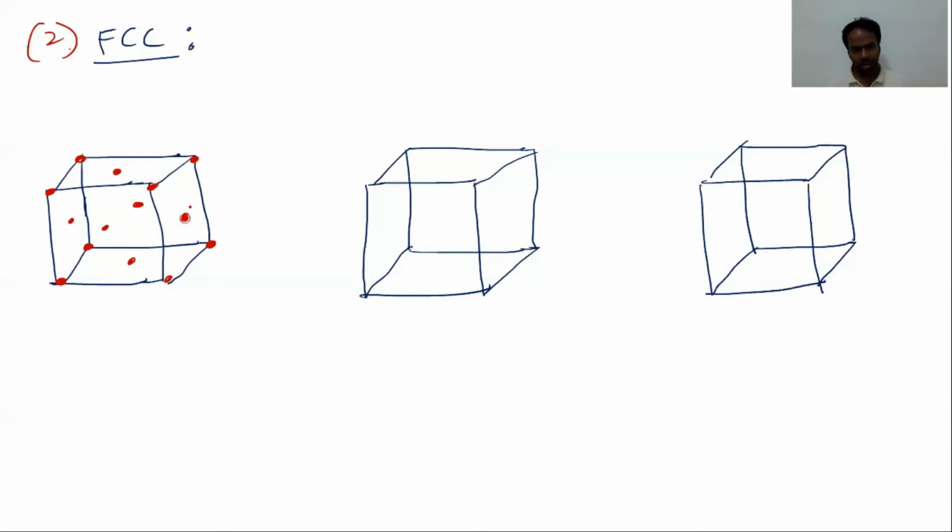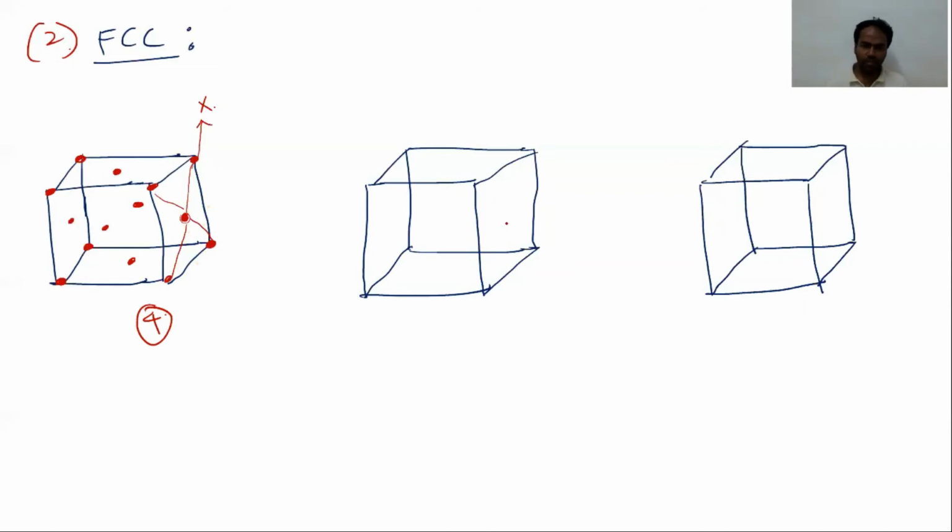For this reference point, on this plane, these are the nearest neighbors, these four. Let us take this plane in the x direction. For this face-centered lattice point, how many nearest neighbors are there on this plane? Total 4. Now the length of the face diagonal is root 2 a, so the distance between these two is root 2 a by 2.